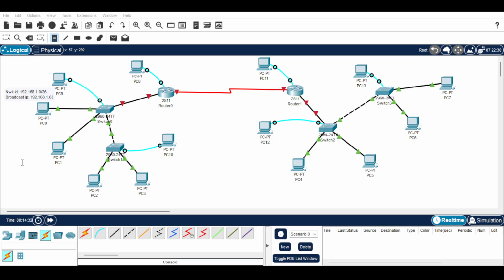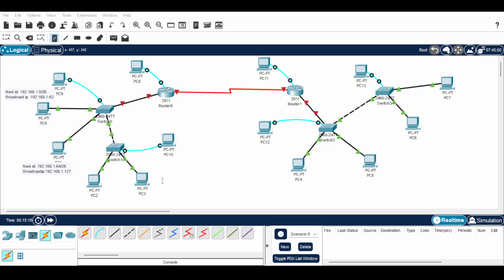Broadcast IP will be 192.168.1.127. Correct. Then for this PC, network ID 192.168.1.128/26, and broadcast IP 192.168.1.191,